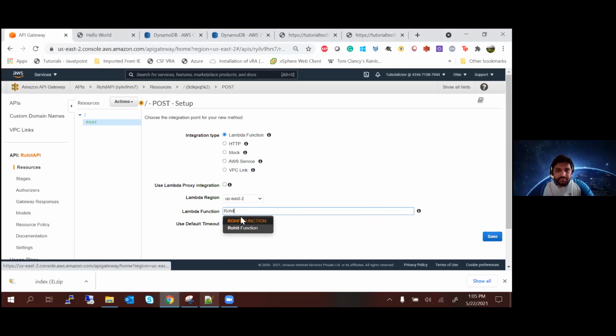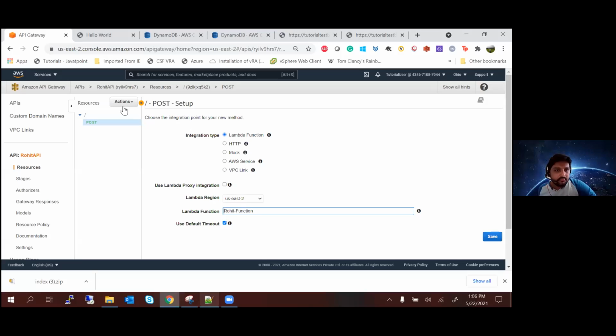It should show a drop down and select your function. Okay, are you with me already? Are you able to list your function? Krish, if that's okay, we have very little time left, so you can just look at my screen. You don't have to do anything on your side now.